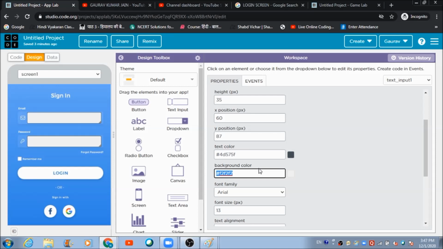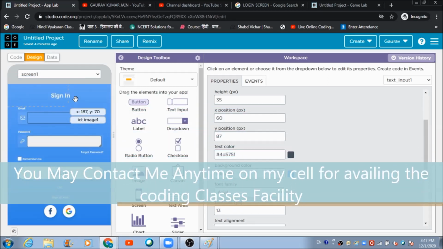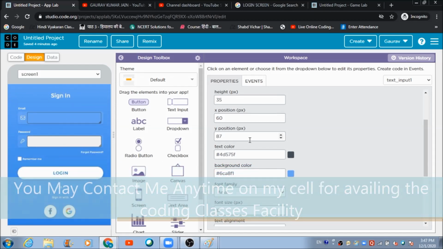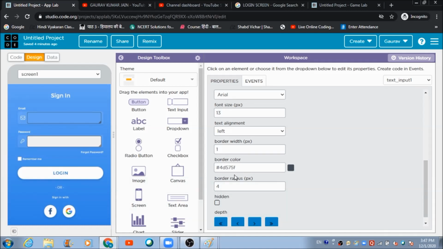Select this whole thing, eliminate this thing and paste the code which you have copied from that GameLab. So this is how you can change the color of any component and make it appear similar to the screen. So now it is going to appear as if it is a part of a screen.